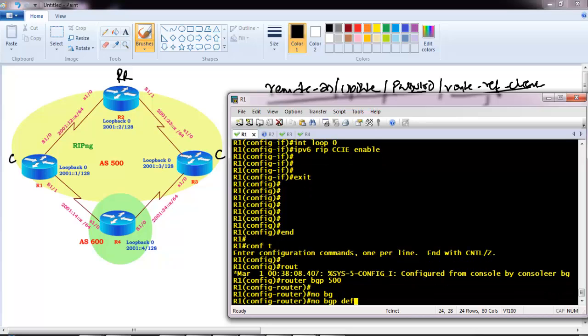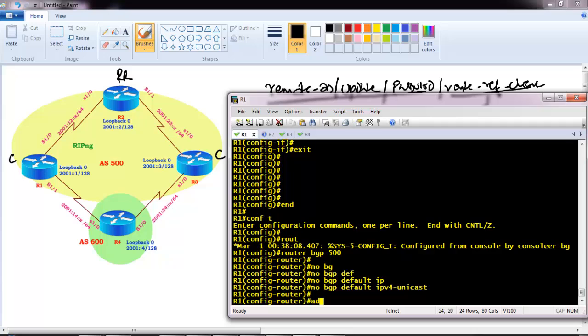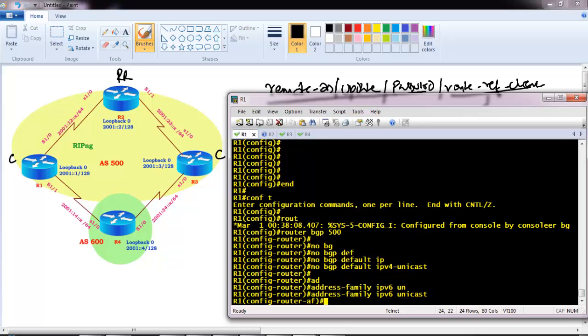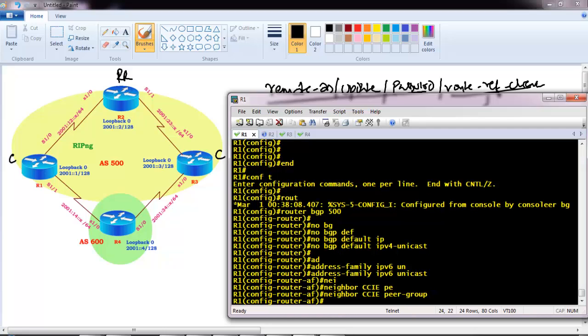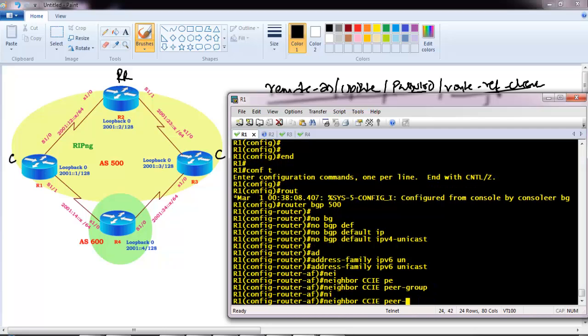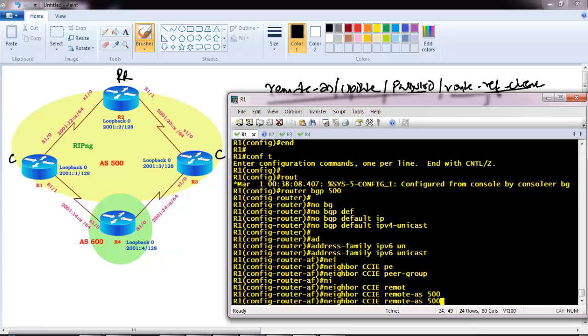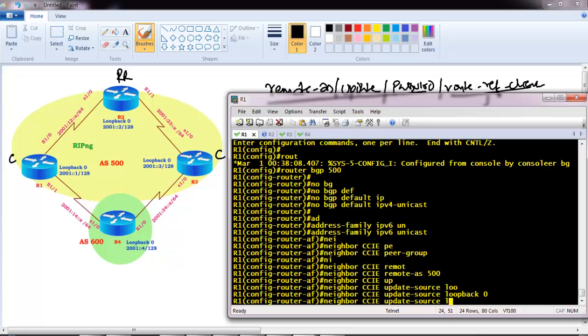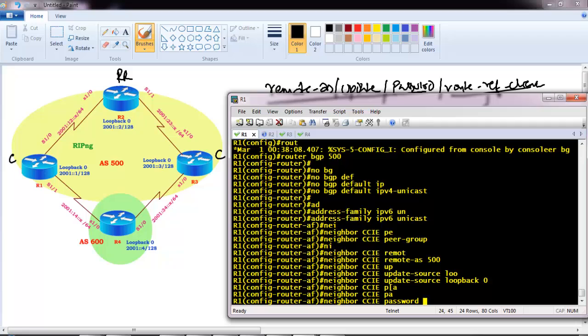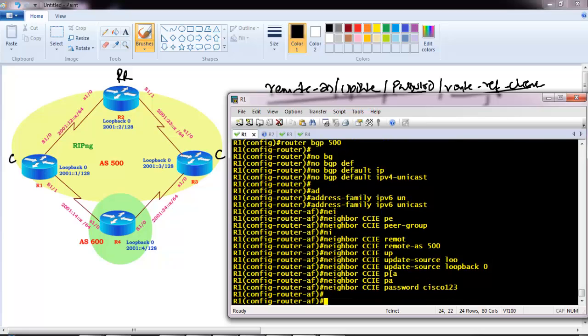No BGP default IPv4 unicast, and then on the address family IPv6 unicast, I'm going to create a peer group again. Now this time this peer group will have only 3 commands, and those commands will be remote AS 500, and then update source loopback 0, and the next command will be password Cisco123. The route reflector client command will not come on the client side.